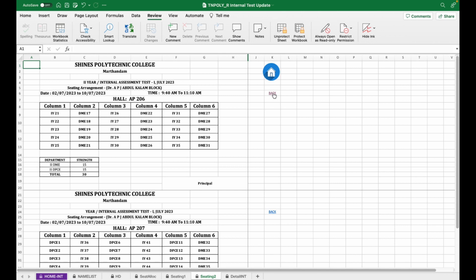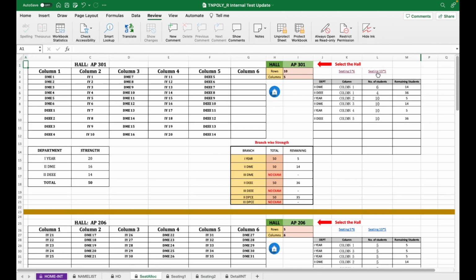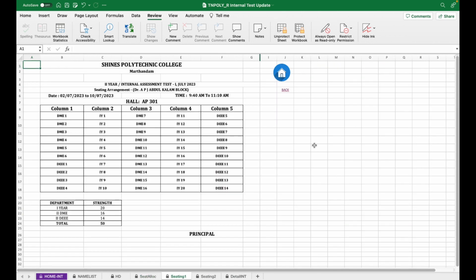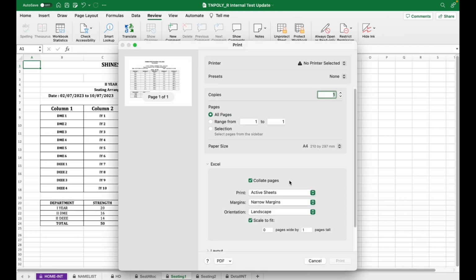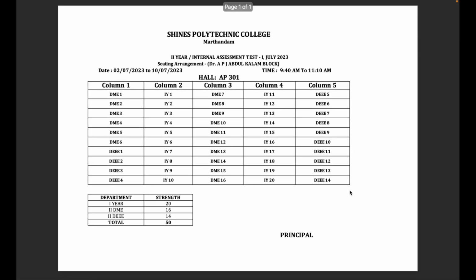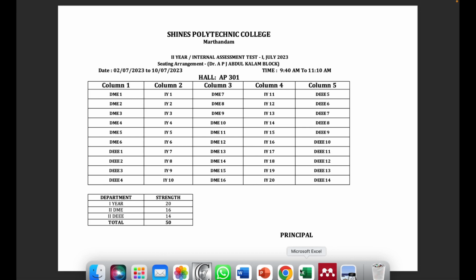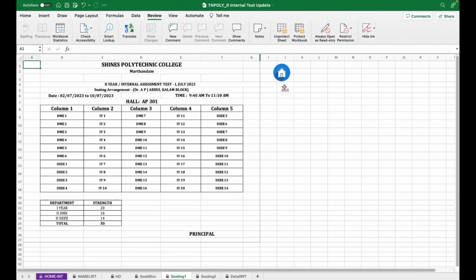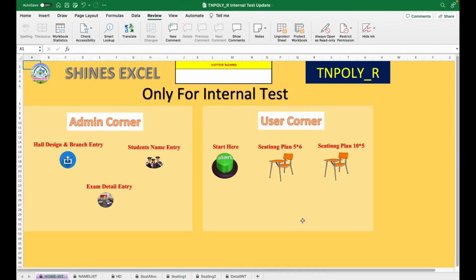Now going back, next is the hall seating for 10 into 5 halls. This is the 10 into 5 halls, 10 rows, 5 columns. I'm showing you the print preview. If you want to take the printout, you can take the direct printout of it. This is how it displays. So this is a very simple seating page, and the link for applying for this seating page is available in